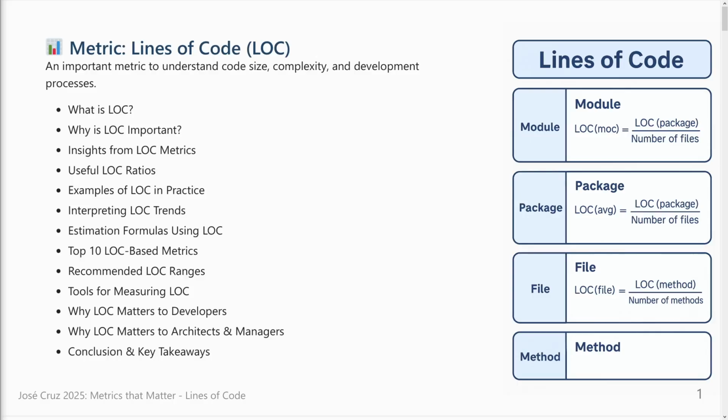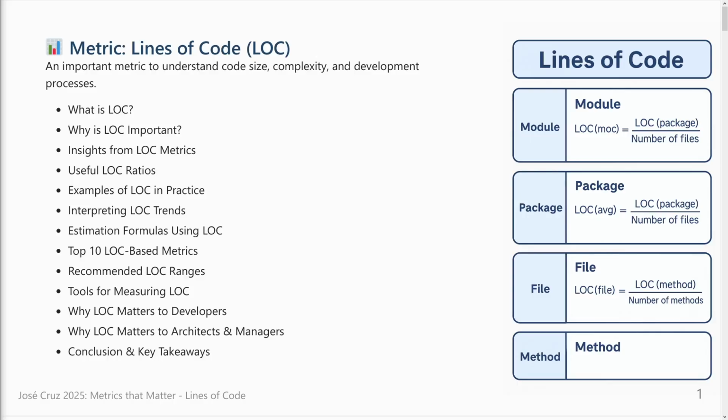And the same applies for architectures and systems that you have deployed. Today I will introduce a simple one, which is lines of code. And most people think that lines of code is only about the number of lines. And at first you can always say, okay, the only thing that I can infer from the metric lines of code is if the project is big or not.